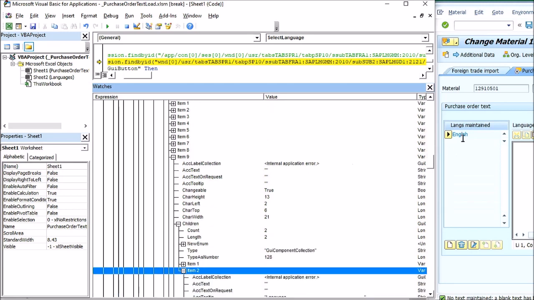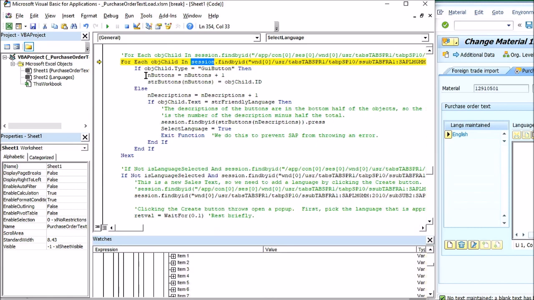container that has these 2 objects. Now it looks like 1 object, but it's really 2. There's a button and the word English. And what we know is that they store the buttons all the way down, and then they store all the languages. So what I did in the past was